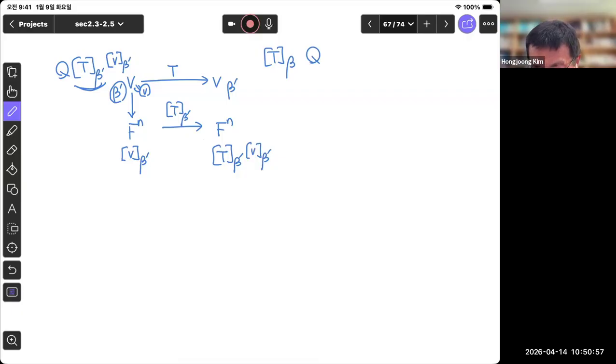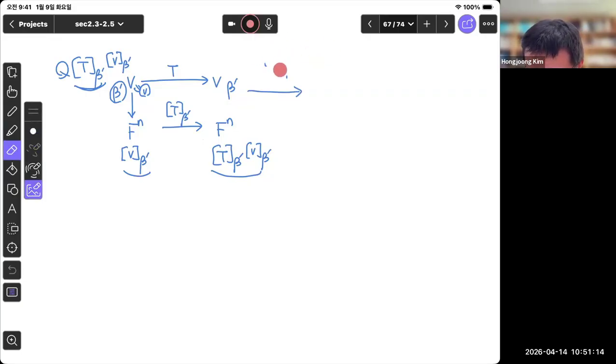So given V, I can find its coordinate, find the coordinate of the image with respect to beta prime, and then if I consider the identity mapping, then the image, so V from V, you get,